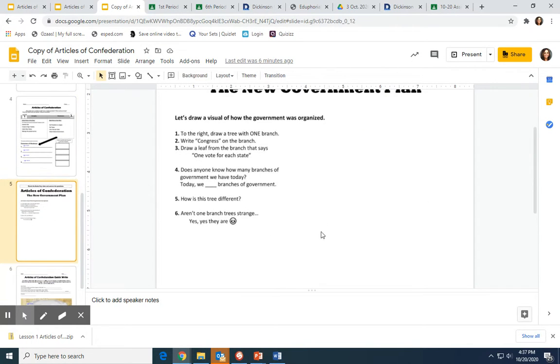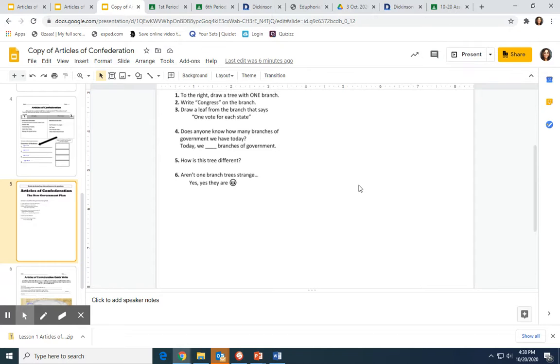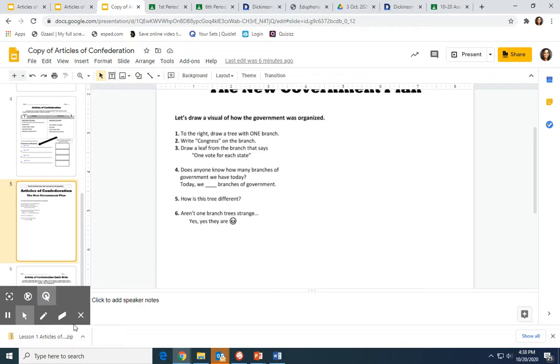The last thing is, and this is really important, you are going to somehow construct a one-branch tree. I will try and draw this out for you on another video. You probably grew up being told that we have 3 branches of government. Yeah, we do now, but that is not how we started the United States of America. We had one branch. Well, I guess I could do it right now. We had one branch of government,